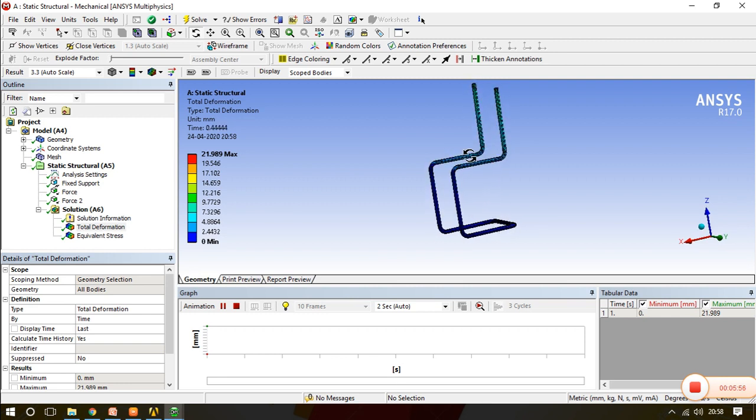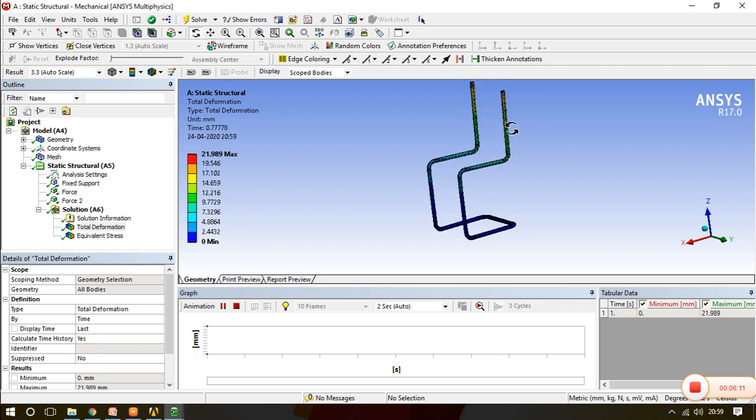See, the chair will definitely work like this. In the physical world you can easily observe that chairs like U-type chairs deflect in a similar way. So maximum deflection is around here, which is 20 mm, and the rest of this is fixed, and these particular portions are deflecting as per the loading which we have applied.